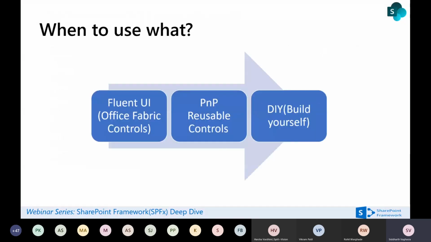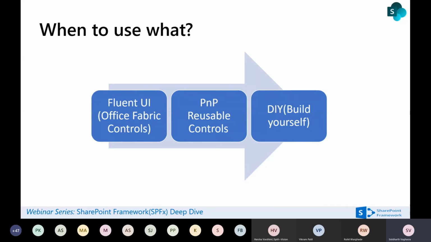Now, when to use what? First go and look for the Office UI Fabric or Fluent UI controls, whether there are some controls available. If the control which you need is available, you can use that. If not, you can go to PnP reusable controls and see if it fits your requirement.